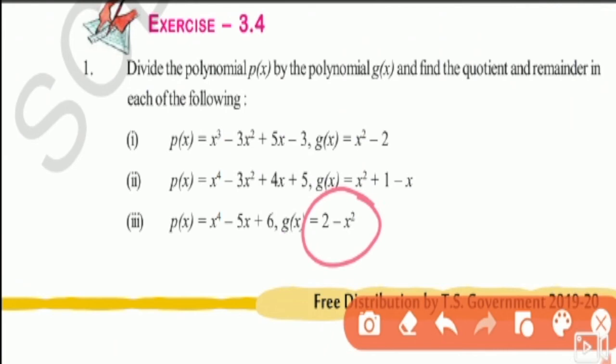So when you are writing in order, this one, minus x square plus 2, you have to take as a quotient. Okay, so before x square a minus sign is there, so minus x square first, plus 2. So you can solve the first bit, remaining two problems. Next, second bit.